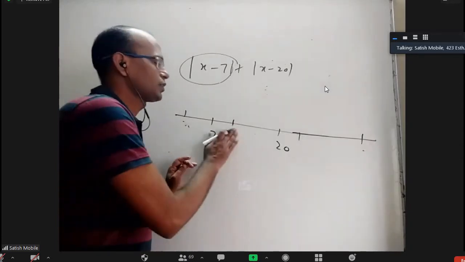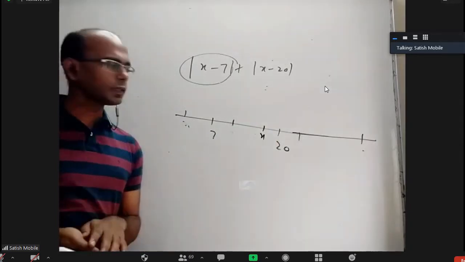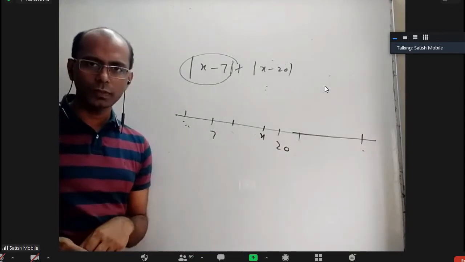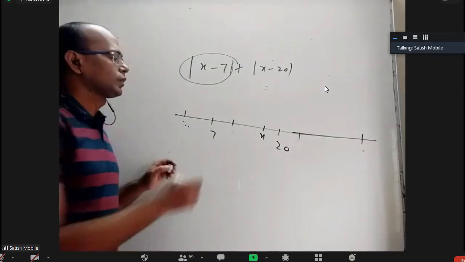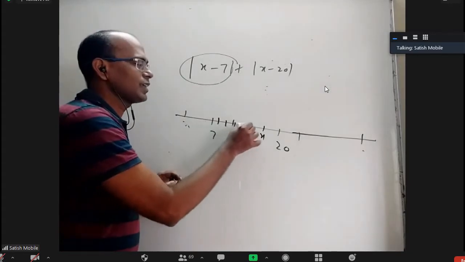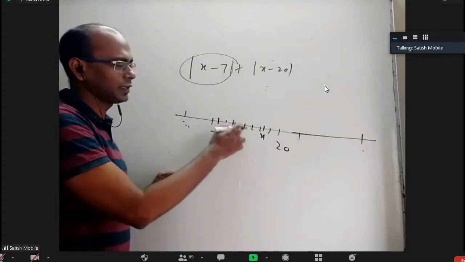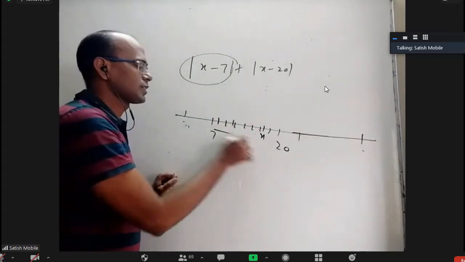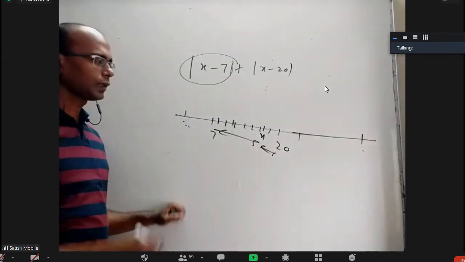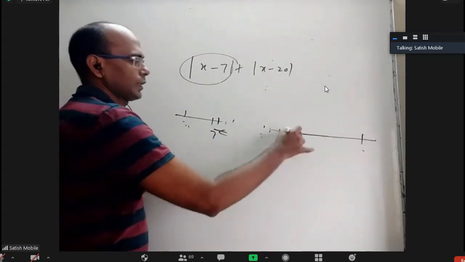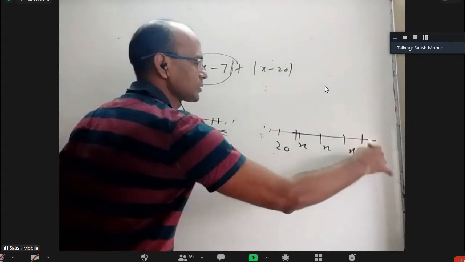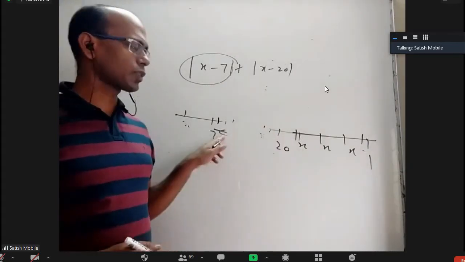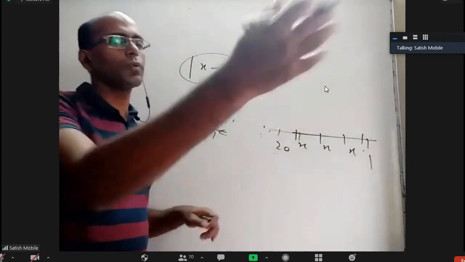13. Instead of that, if I take x here and find distance from here to here, distance from here to here, and add the two distances, how much will come? 13. So as long as x is anywhere here, it doesn't matter. It can be 8, 9, up to 20, even 19.2. This distance plus this distance is always 13. And once I go outside, x is here or x is here, from here to here distance is also increasing. This is also increasing. That itself is more than 13. So every time it will be more than 13.